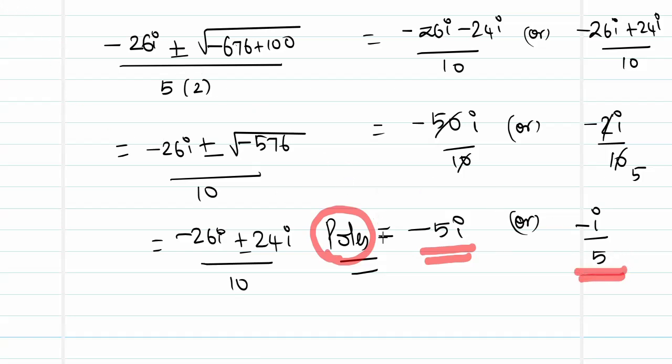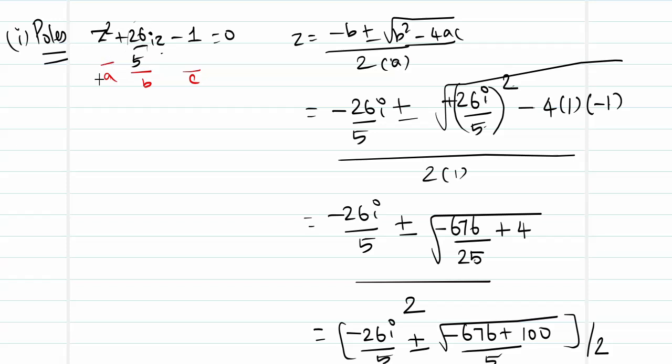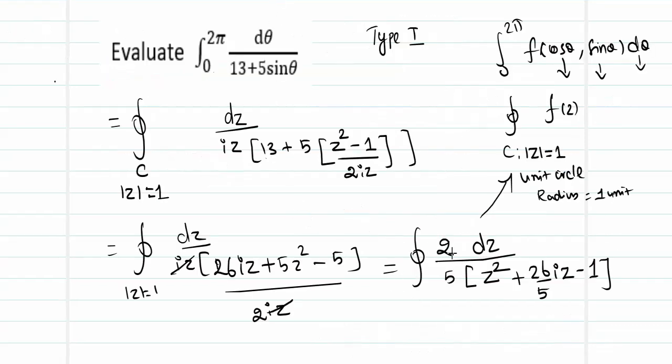Now how I can rewrite my denominator as, the denominator can be written as z plus 5i, z plus i by 5. So this is how my function will be now replaced. So this can be replaced as z plus 5i and z plus i by 5 after finding my poles. Along with it, what do I have? I have a 2 by 5. So now this function becomes,